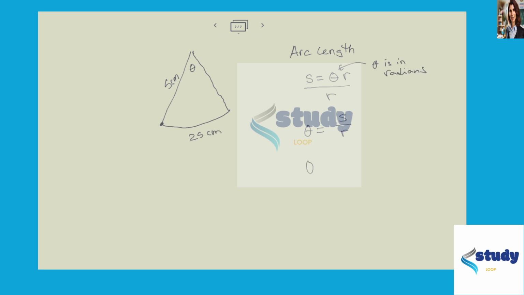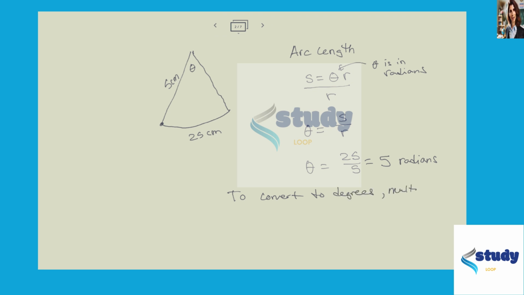Okay, so our arc length was 25 and our radius is 5. So that gives us an angle theta of 5 radians. But we want to give our answer in degrees. So to convert to degrees,